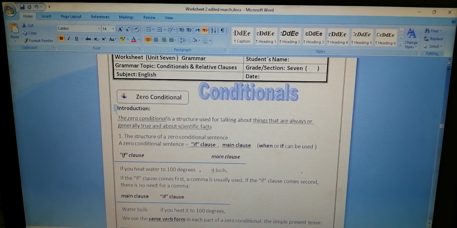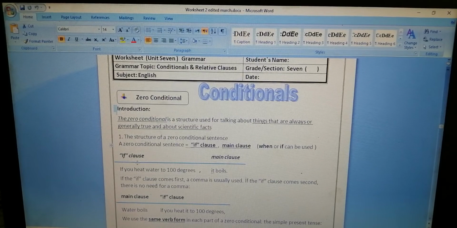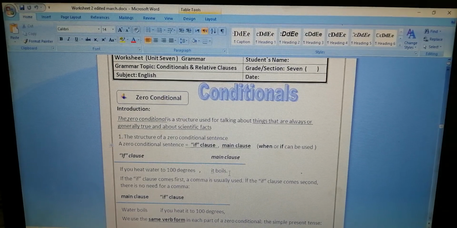Type 0 is used for facts or things that are always true. The structure of a zero conditional sentence is the if clause with the main clause, where you have to use present simple in both. Look at this example: if you heat water to 100 degrees, it boils. Another example,